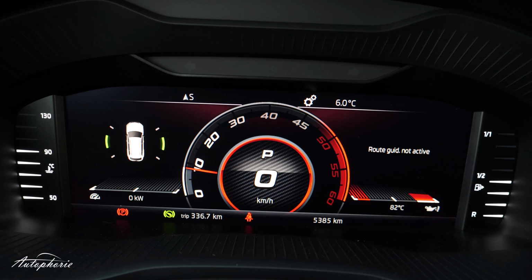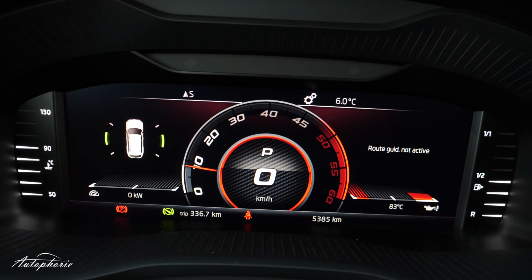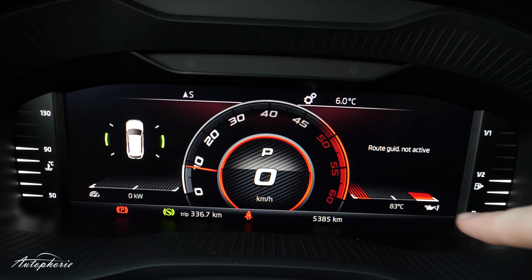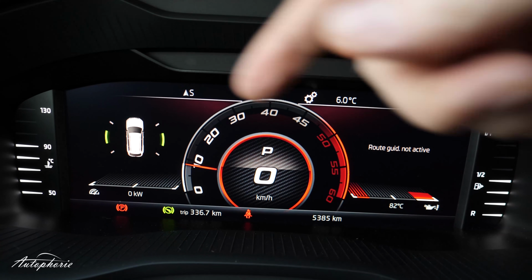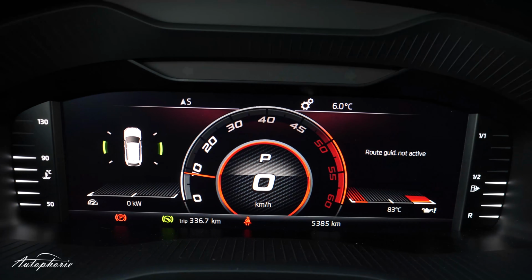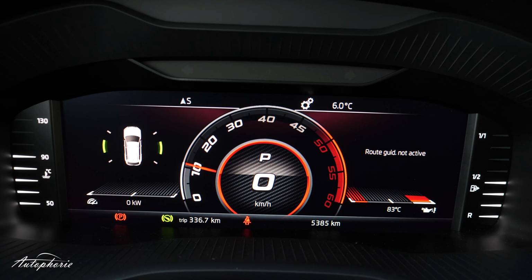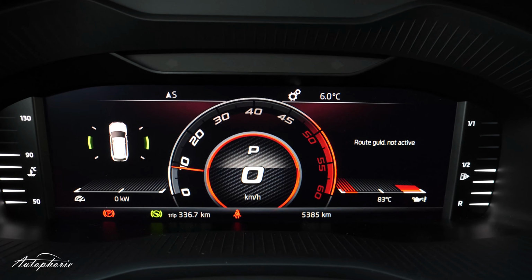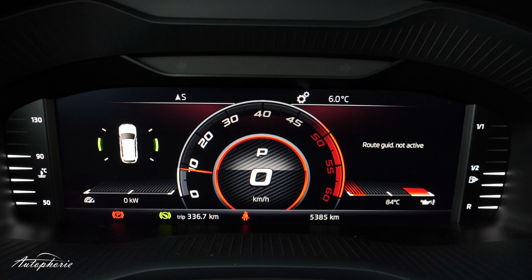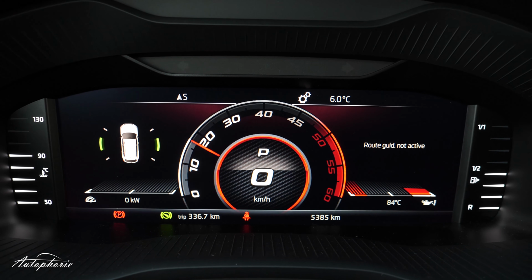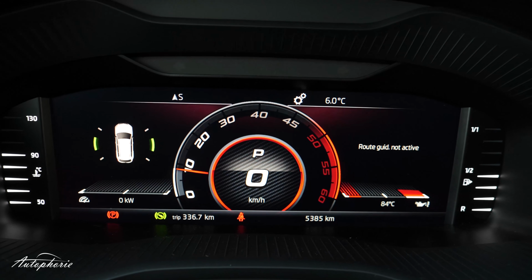And then there's the Kodiaq RS special one with only the RPM settings and also quite nice, this oil temperature here and the power output over there. Not quite sure if you can see this on camera, but there's a slight delay in the graphics, which is actually one down point to the 12-inch one, and the 10-inch one is just not as responsive as the bigger one, the 12-inch one is.